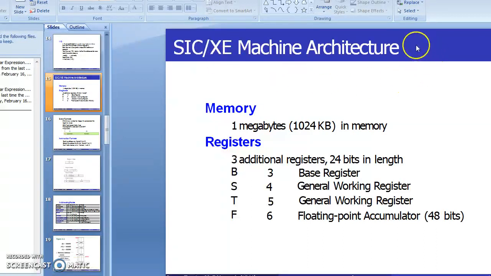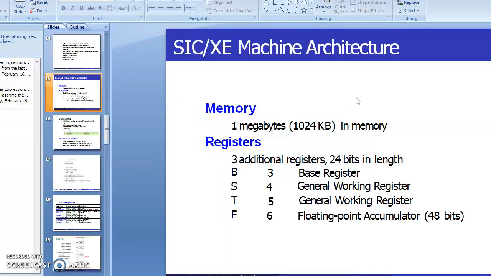Here we include either additional devices in terms of SIC or additional amount we spend on the SIC. That's why this machine architecture is called SIC/XE. Here we include one new element called upward compatible. Now what does upward compatible mean? Whatever devices and programs are supported in SIC, the same kind of program should be executed in SIC/XE also. That's why this is called upward compatible. This is an important property in machine architecture.